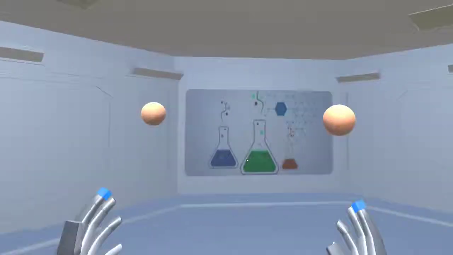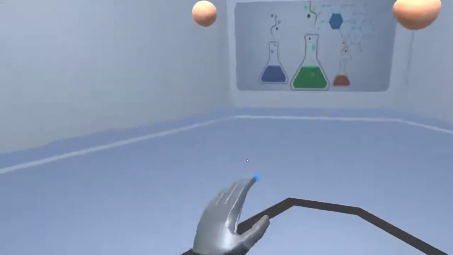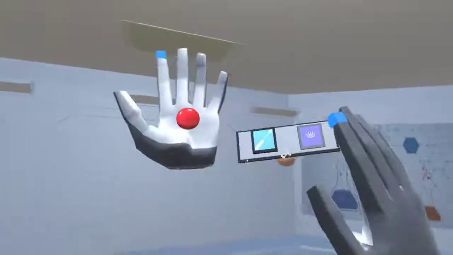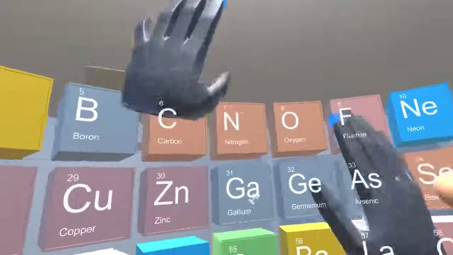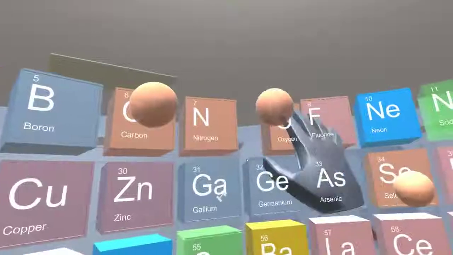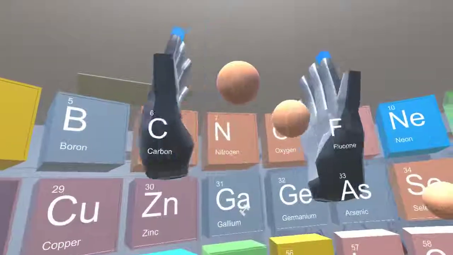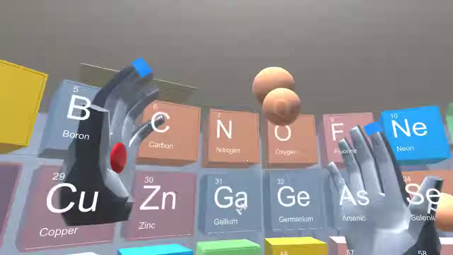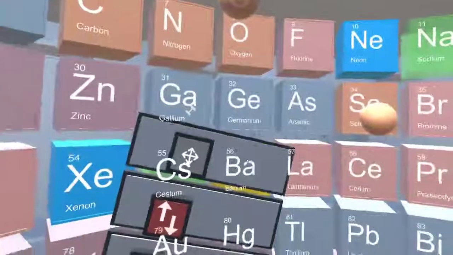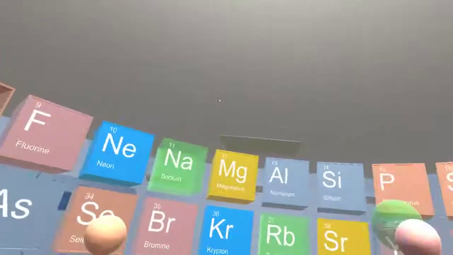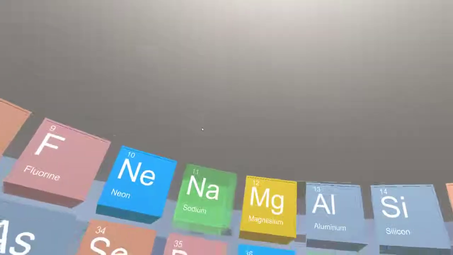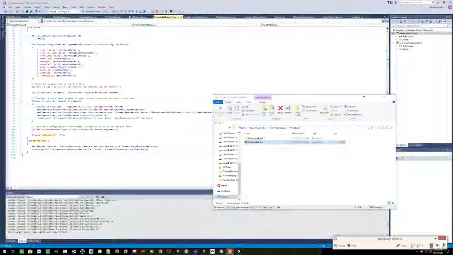The next step is to be able to have this menu also. If you tilt it back, the table comes back. Now you can work here, you can select what you want, you can create a carbon, you can create an oxygen, you can bring them together to form a bond, and they form a bond here. So we want the user to be able to have interactions where you can form bonds in real time, and it's more or less